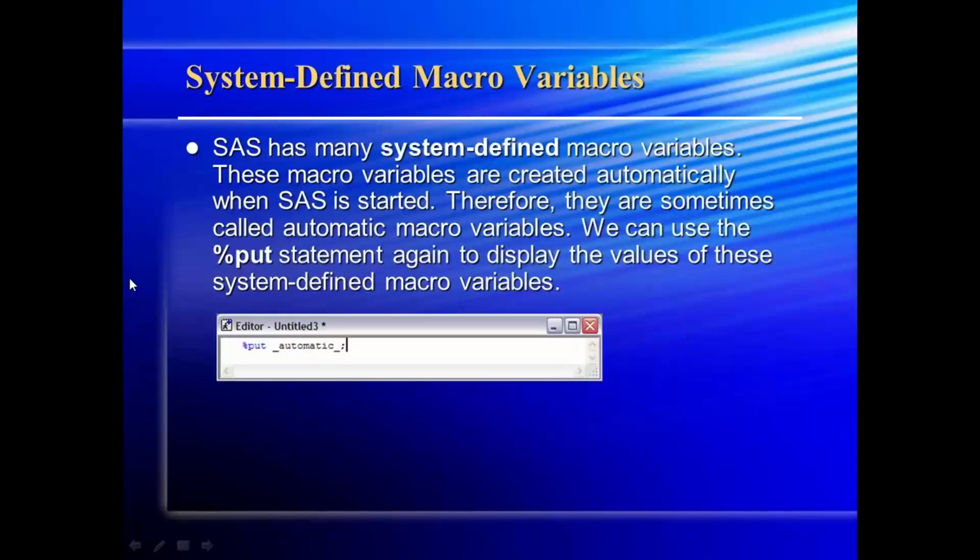And the next one is system defined macro variables. If you remember, we executed some proc options at the very first of our SAS sessions. I don't know how many of you remember it, like proc options to view the system options. One is no date, no number, line size, all that. The other one is like a few others.